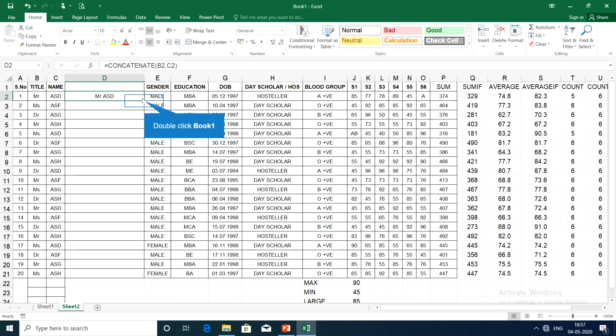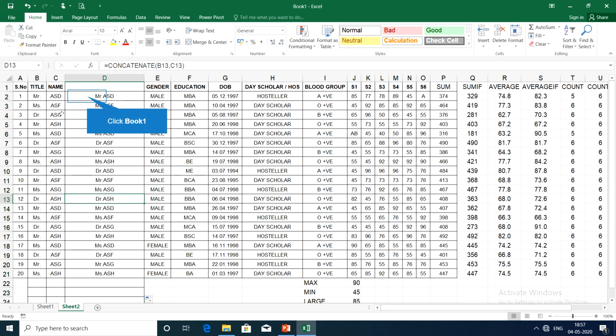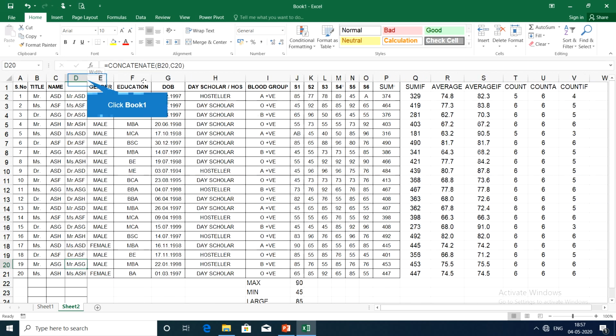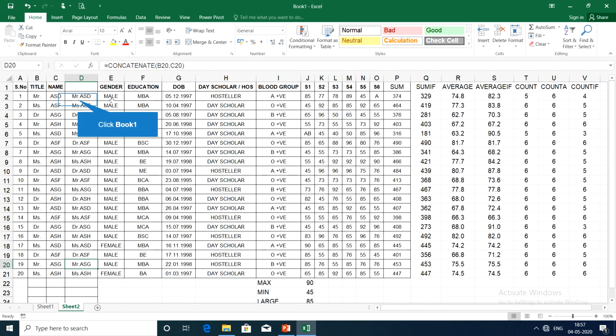You just see what happened. The text in column B and column C is merged into one cell, and that has been displayed in this particular column. So this way you can use this text function CONCATENATE to bring values in different cells into one particular cell.